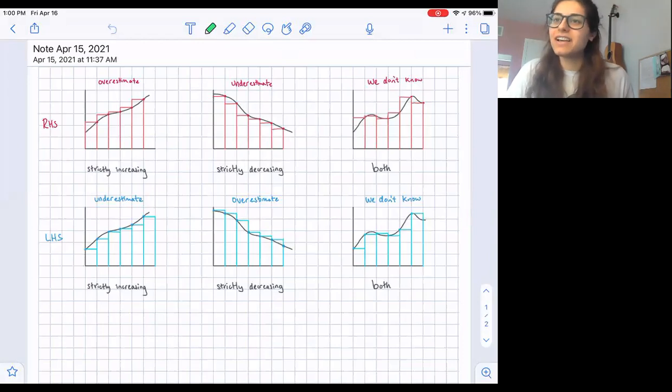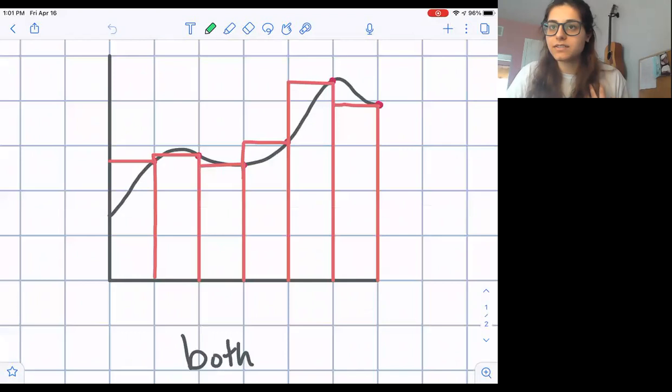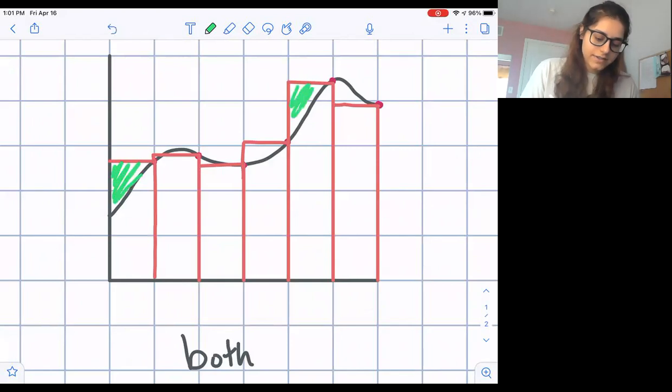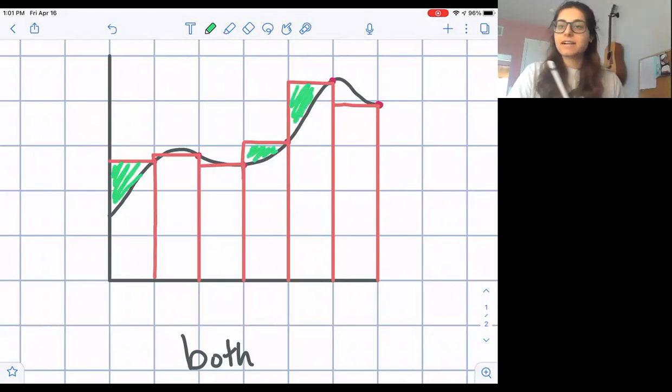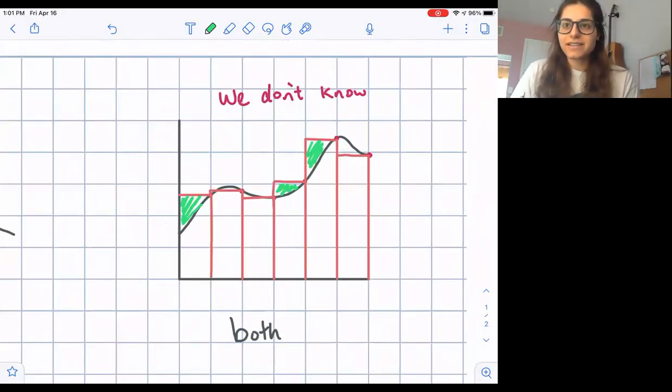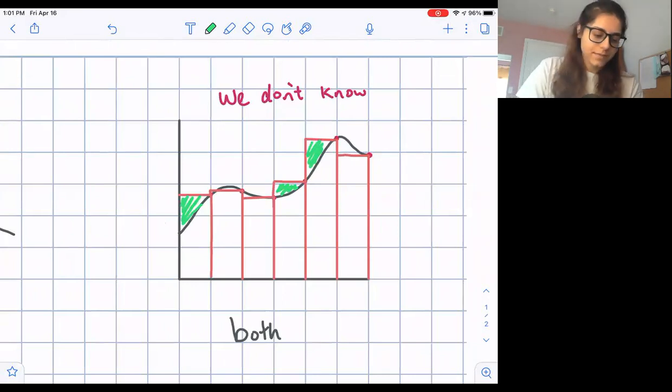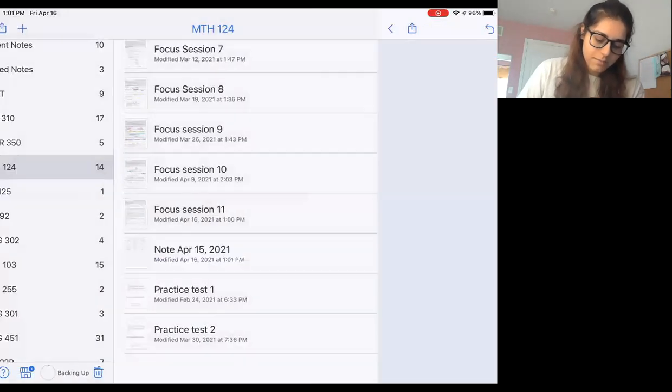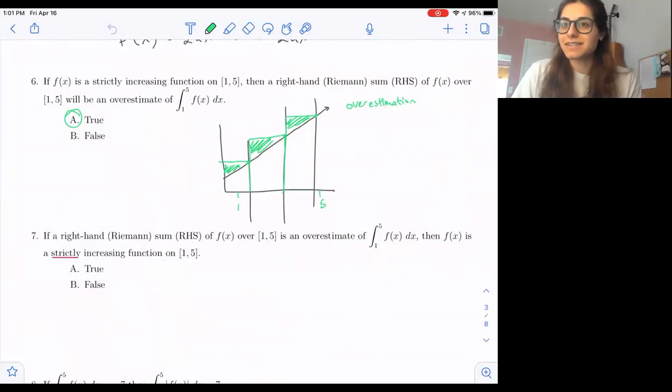an overestimation, that doesn't necessarily tell us that it's strictly increasing, because it could be both increasing and decreasing and still be an overestimation, right? So this one actually looks like it might be an overestimation because we've got all this area above the curve. Even though we've got some area underneath the curve that we're not accounting for, we've actually got more area above the curve. So I would say that this one is probably going to be an overestimation. But it's not strictly increasing, it's decreasing at some spots too. So basically what that's telling us is that even though it can be an overestimation, that doesn't necessarily mean that it's strictly increasing. But if it's strictly increasing,